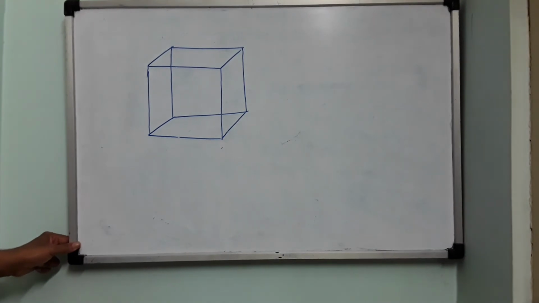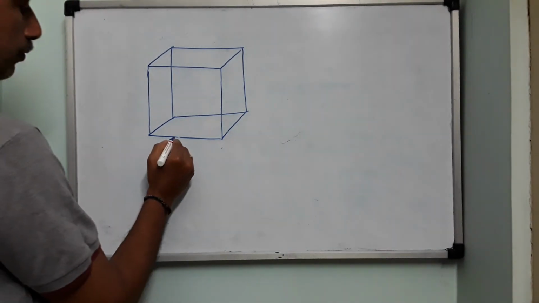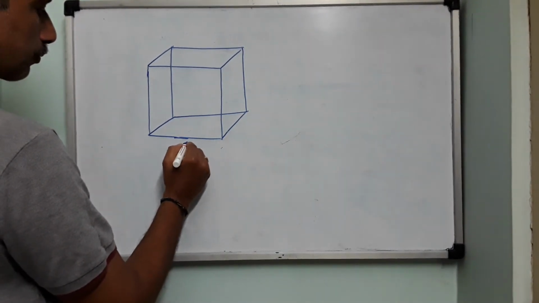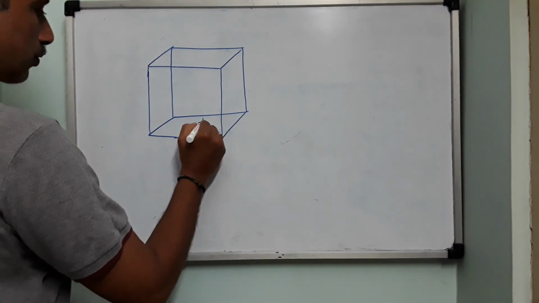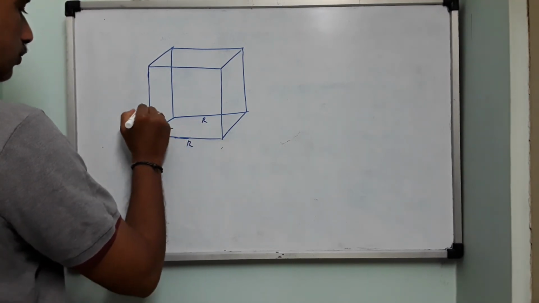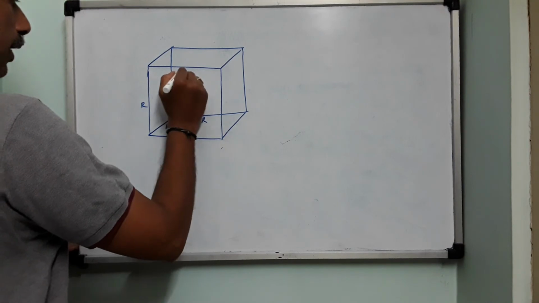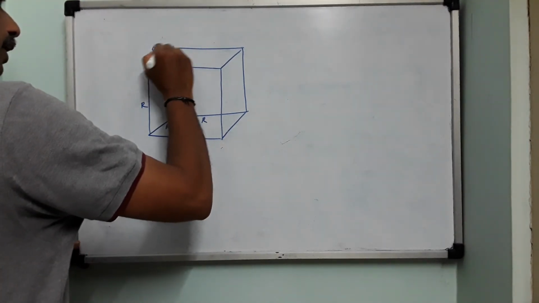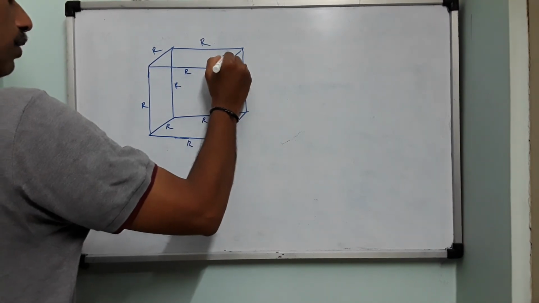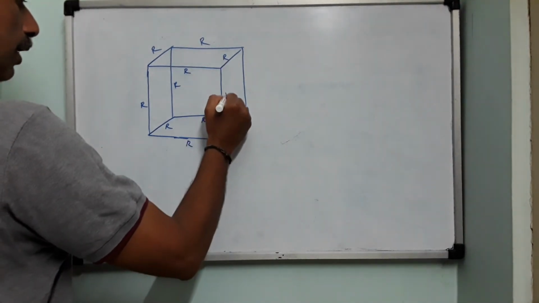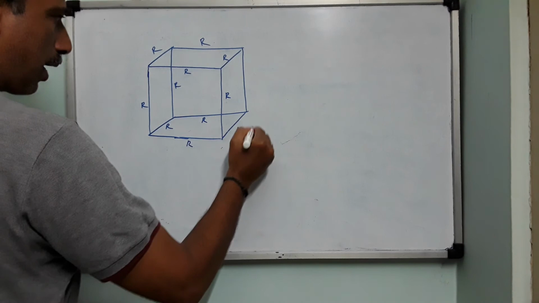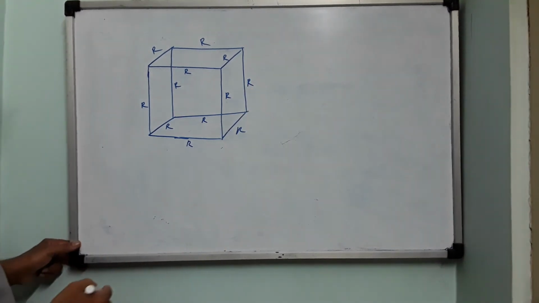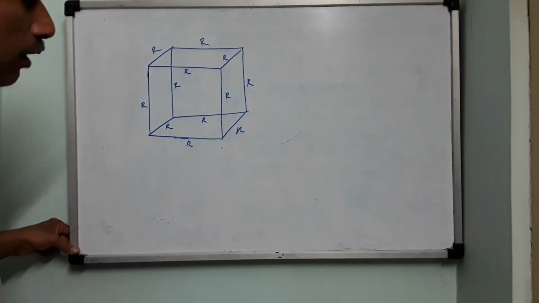like this. So everything will have same resistance. This is R, this is also R, this is also R, this is also R, this entire thing is R, this entire thing is R, this is R, and this is R. So how many are there? 12. All 12 are there.